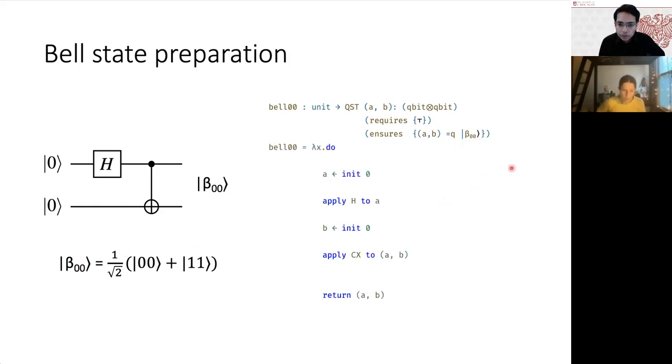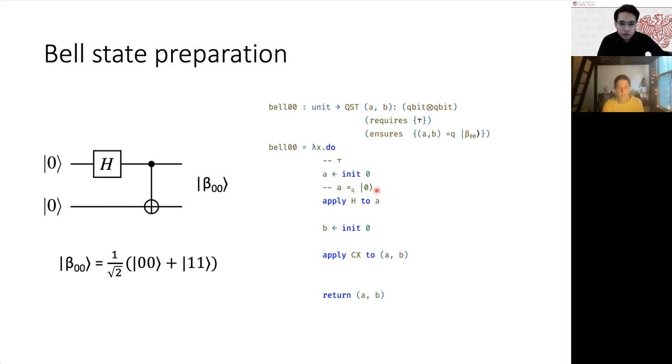So here's the program in that language we saw. We initialize a qubit to 0, then apply Hadamard. So this is the translation of this circuit in the code. And then finally, after applying these gates, we can return it. So let's quickly step through what the verification looks like in this case. We said the precondition is top, so that is assumed here. When you initialize it,